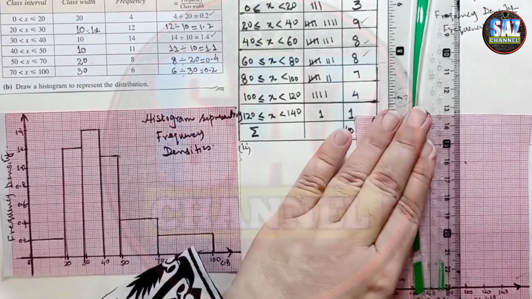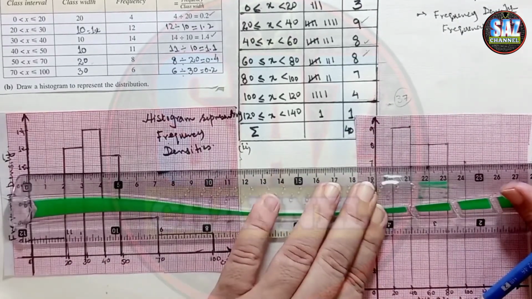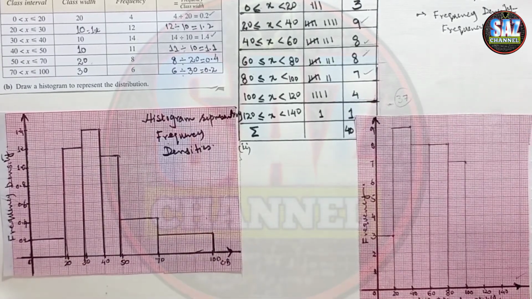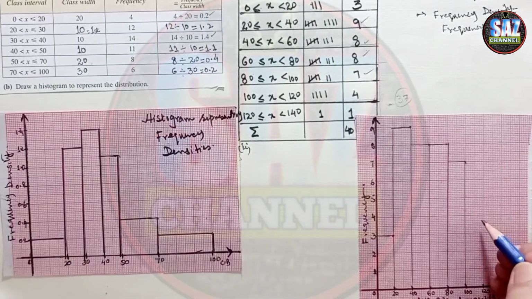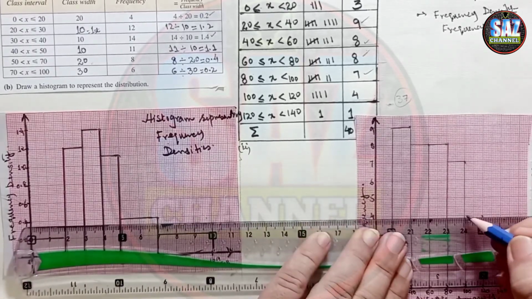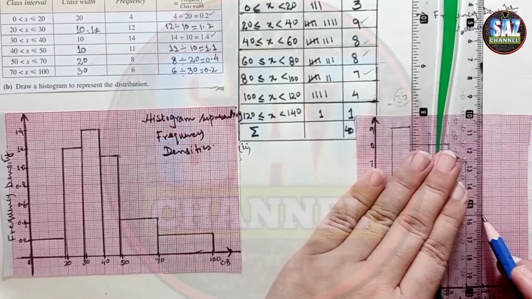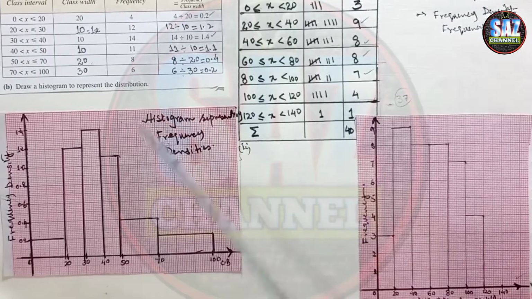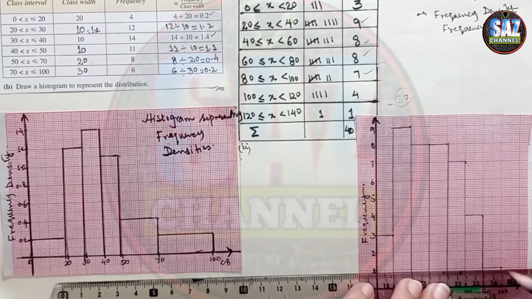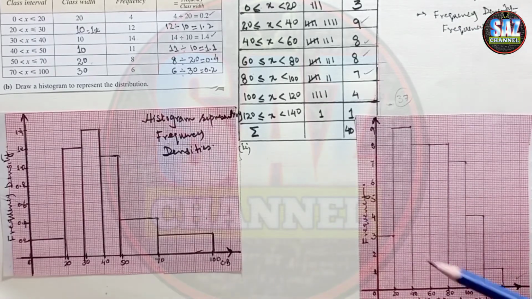Very easy and interesting questions, and everybody can secure 4 to 5 marks here. And 100 to 120 is 4. This will be coming over here, 4. And then the last is 1. The last, 120 to 140, is 1, so I will be marking my rectangle at this place and closing it. Before going to the perfection, I have to recheck.